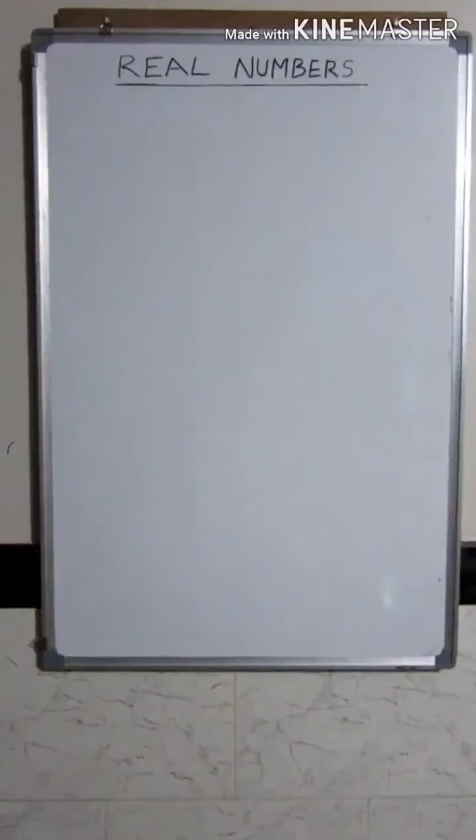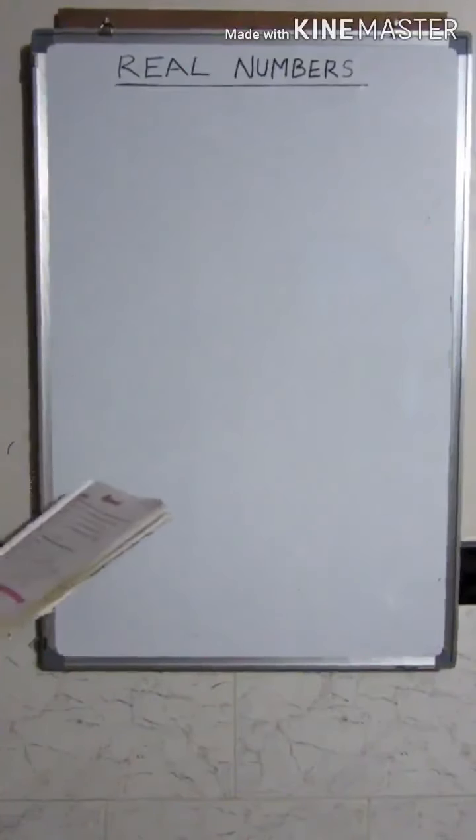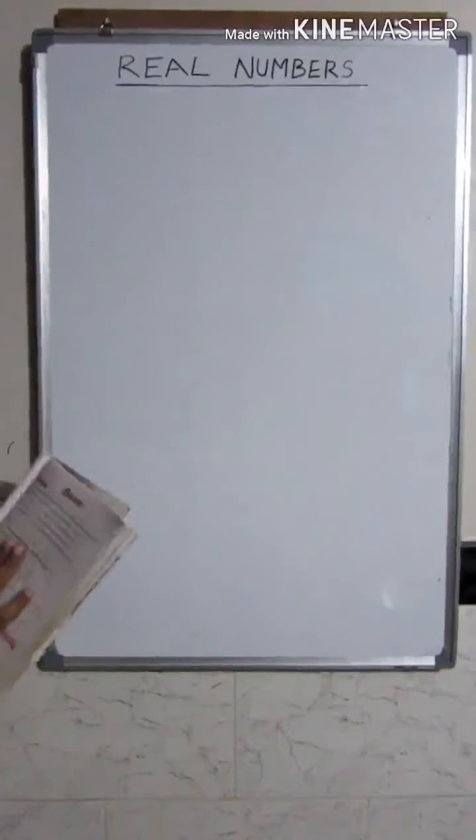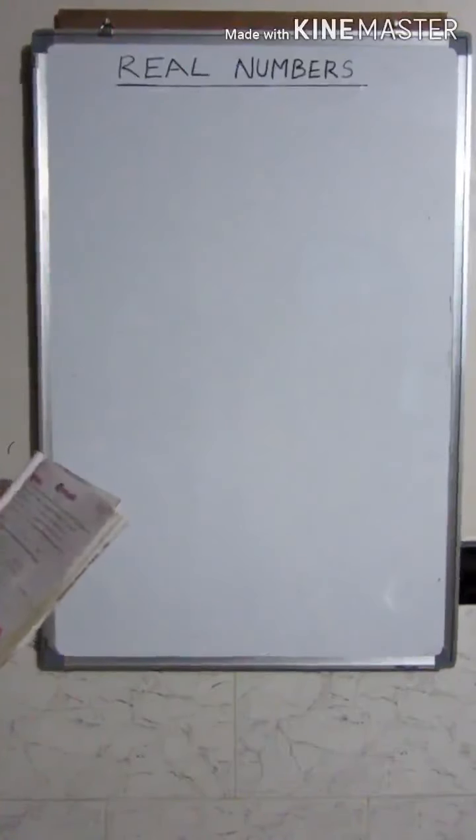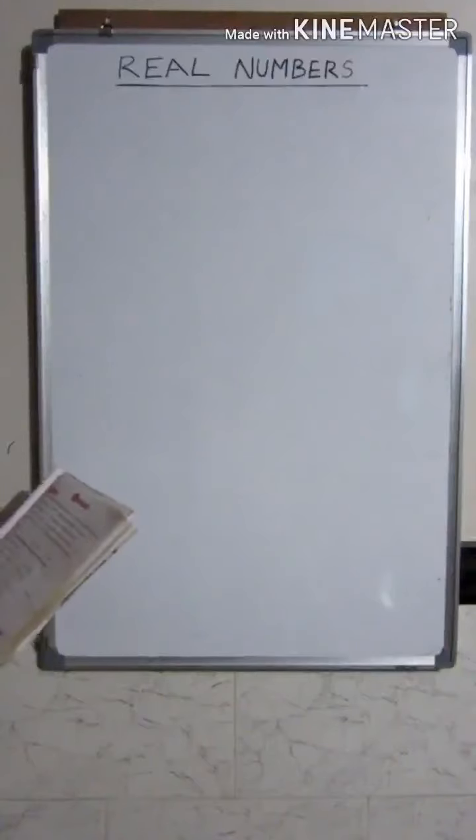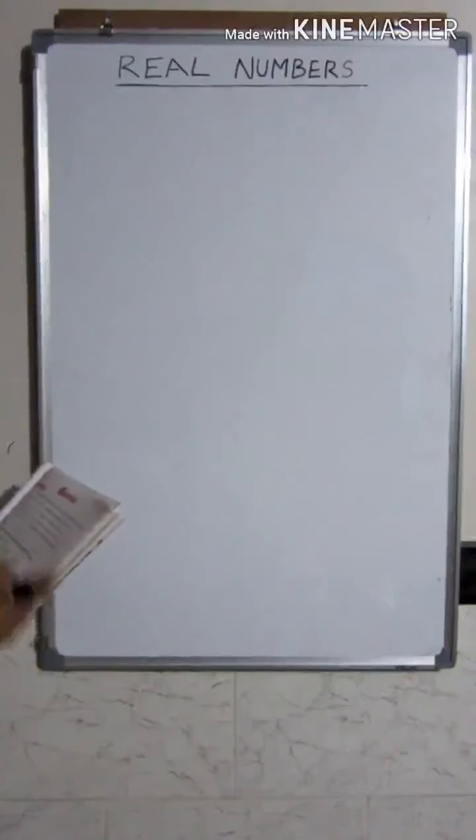So next you have got how to find out what is the meaning of absolute value. Now suppose if x is any real number, then the absolute value of x will be the distance from 0 on the number line. What is the distance of that value of x on a number line from 0? So that is the meaning of absolute value.